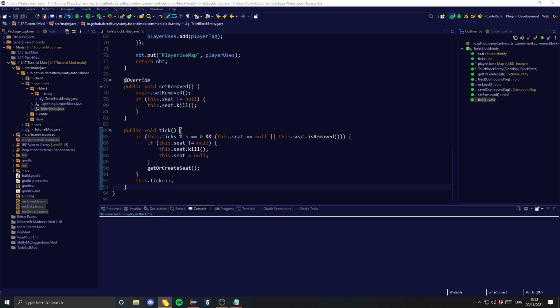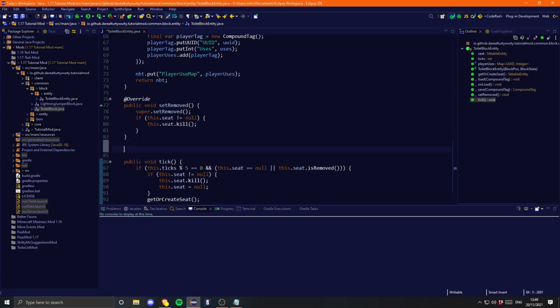Now, there is a 3rd way, and that is syncing with a custom packet. So when something happens on the client, you might want to, or when something happens on the server, you might want to then update the client, or vice versa. But we'll just cover the first 2 ways, and we can do the packet in a future tutorial on, say, capabilities. So let's do first on the chunk loading, and there's 2 methods for this, and let's actually override all